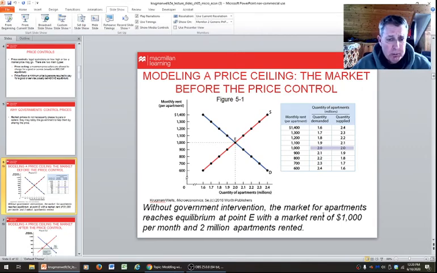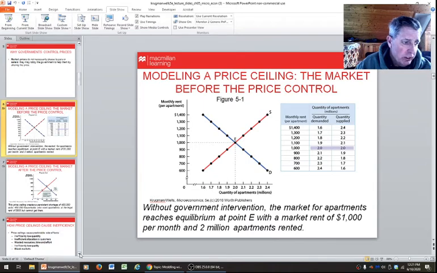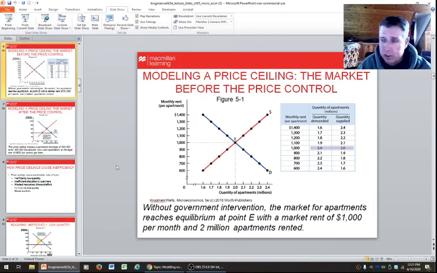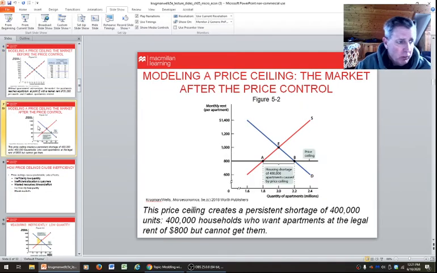Without government intervention, the market for apartments, let's say this is Aspen, reaches equilibrium at point E, with a market rent of $1,000 and 2 million apartments. Well, maybe it's 2,000, but you get it, right? We've already learned supply and demand. We understand equilibrium. There's your market clearing price. All right. If you're a capitalist or a free market guy, you're like, don't fool with that. If you screw with that, you're going to have problems. Well,